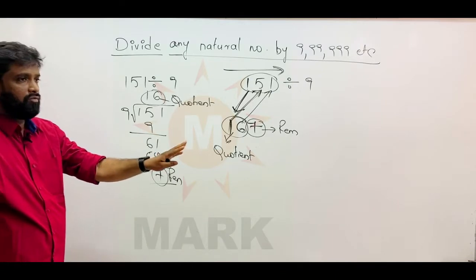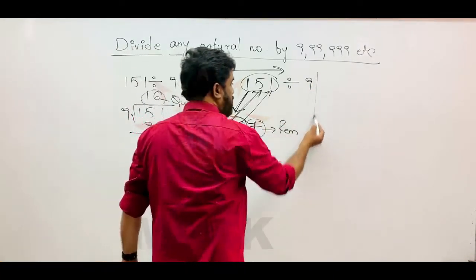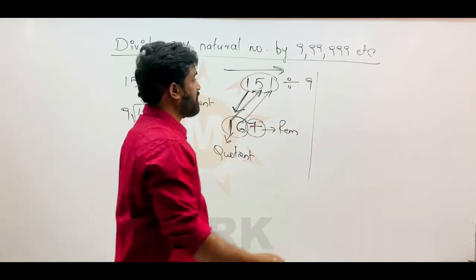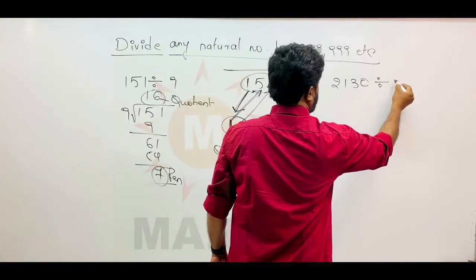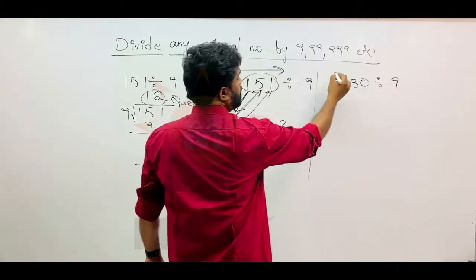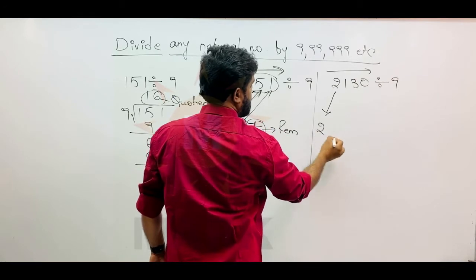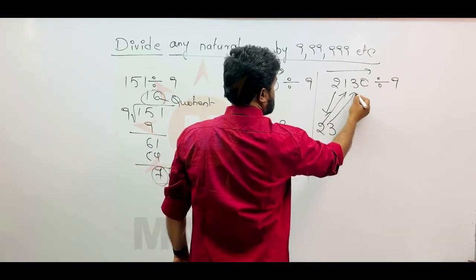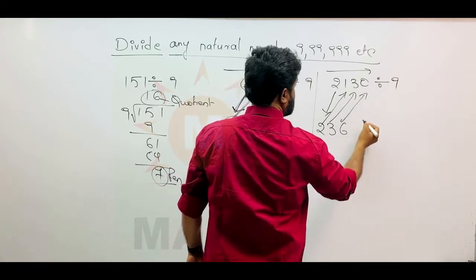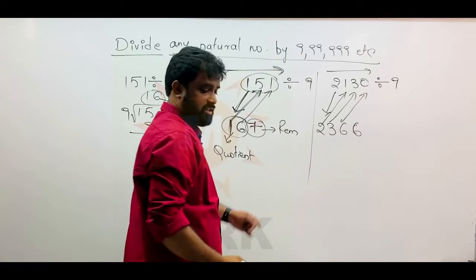This is how we do it for any number. Suppose I take one more number, 230, divided by 9. Same thing: the operation goes from left to right. First number as it is, 2. Then 2 plus 3 gives 5...